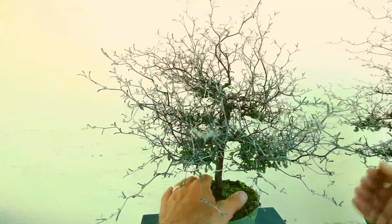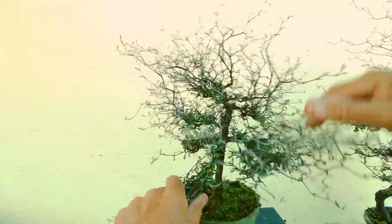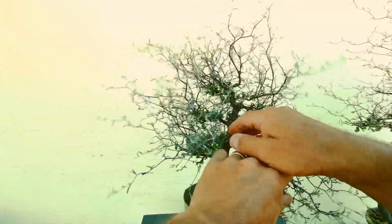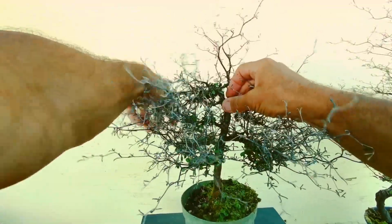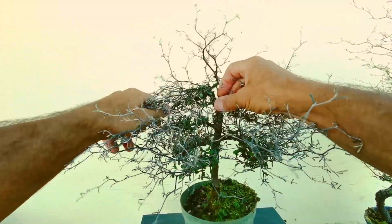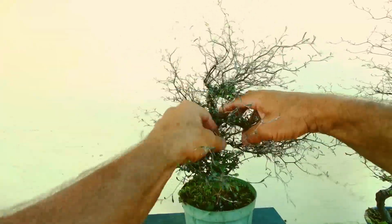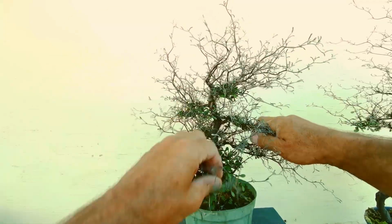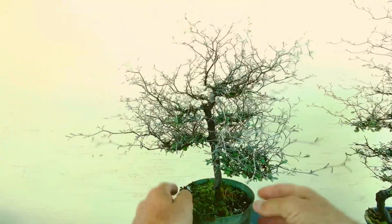Now, one thing you can do is just get in there and just comb everything out this way. That gives you a good start anyway of at least getting the branches growing in the right direction. So if you do that several times a season, then at least some of the branches are going to be growing where you want them. Not so many of them are going to be growing back into the tree. But to get these little pads,